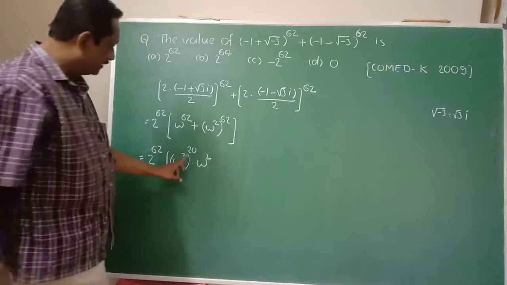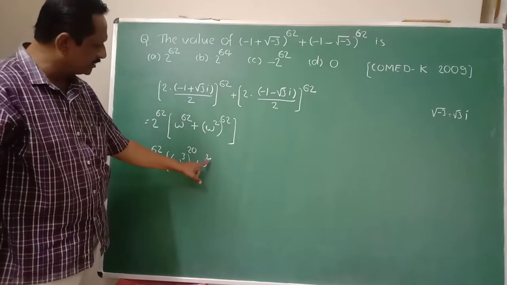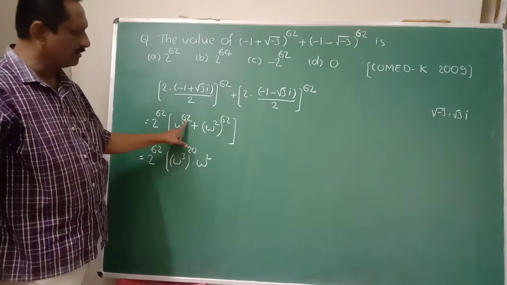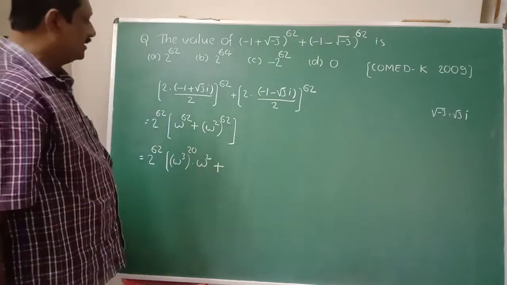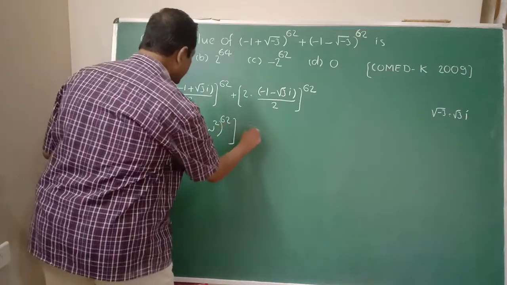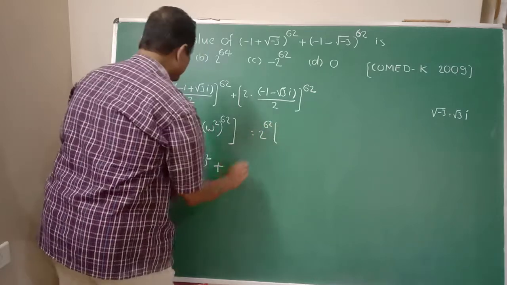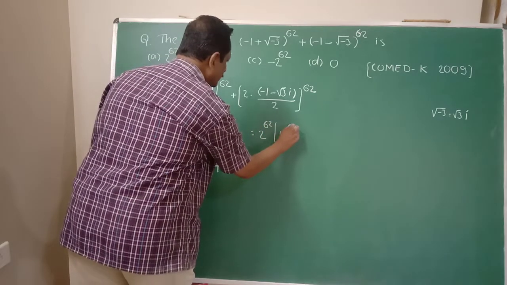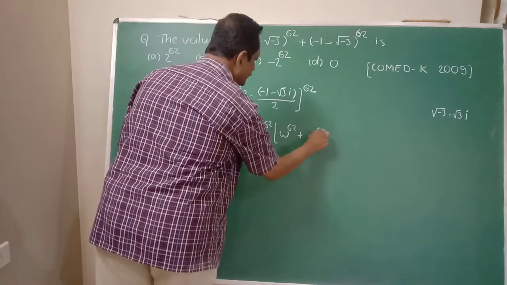because 20 times 3 is 60, and 60 plus 2 becomes 62. Then plus omega square raised to 62 is there. We can write it like this also: 2 raised to 62 into omega raised to 62 plus omega raised to 62,